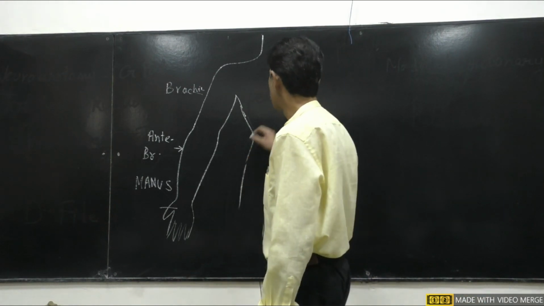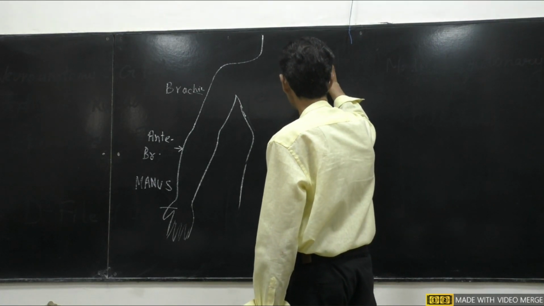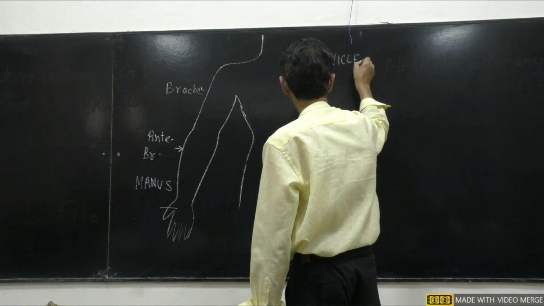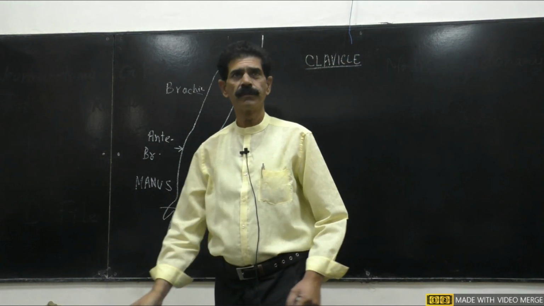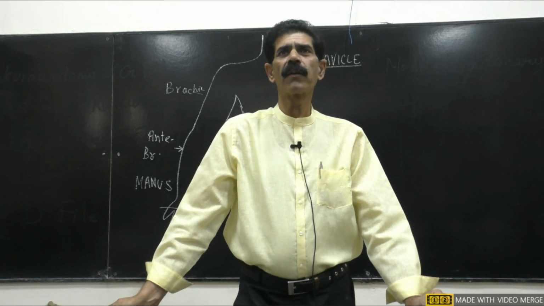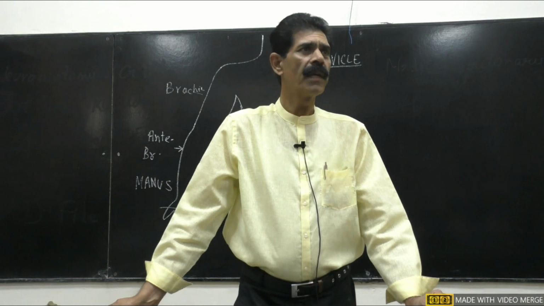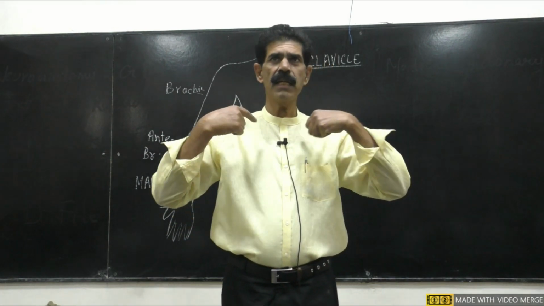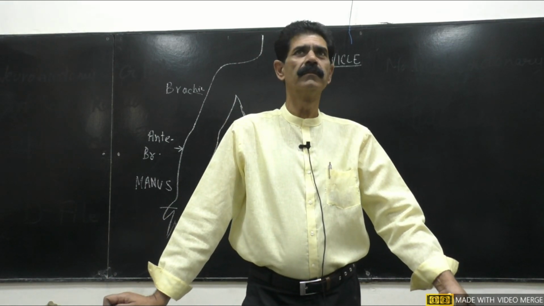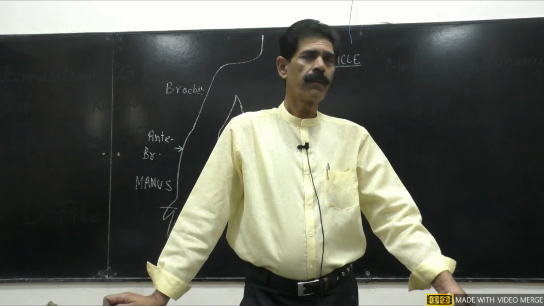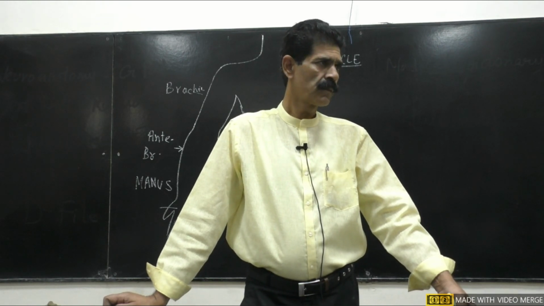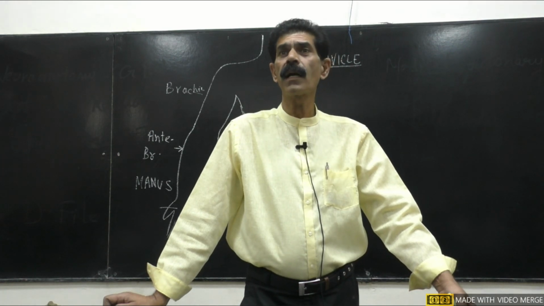The first and most important and beautiful bone of the human body is the clavicle. It is called the beauty bone or collar bone. Why beauty bone? Because in the female the curvature is more than the male, and it looks like an anatomical necklace in the neck of the female, because the medial end is quite lower than the lateral end. So it is a sinuously curved bone,